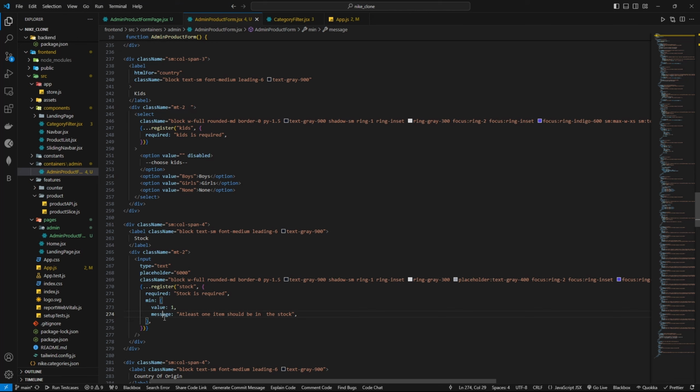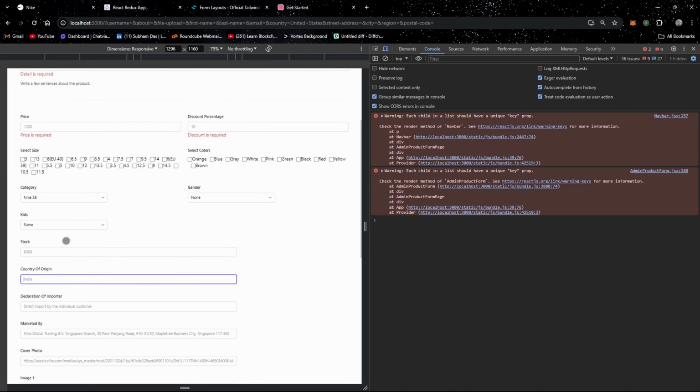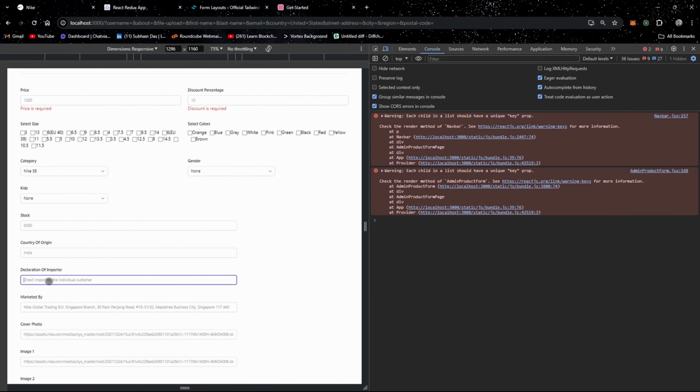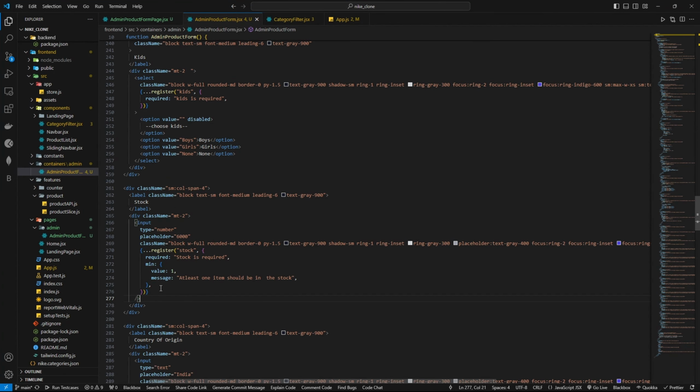Okay, and here we need to give the input as number. Okay. But there can be one problem here, like here stock can be, okay, I don't think we need anything here for now. Okay, so stock is this one, and now we are going to make something like